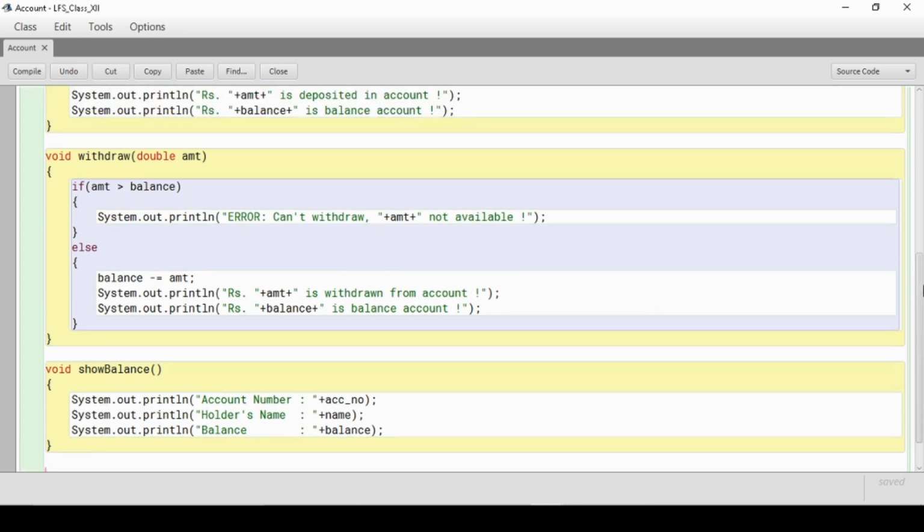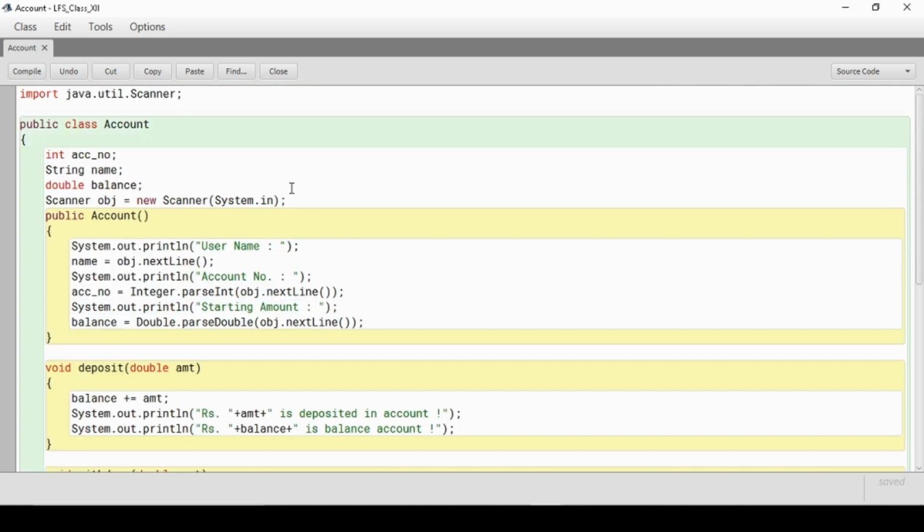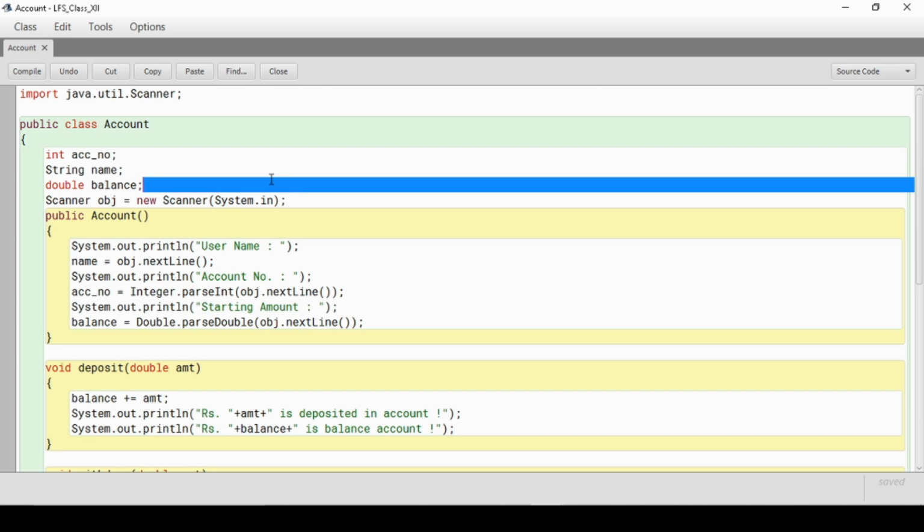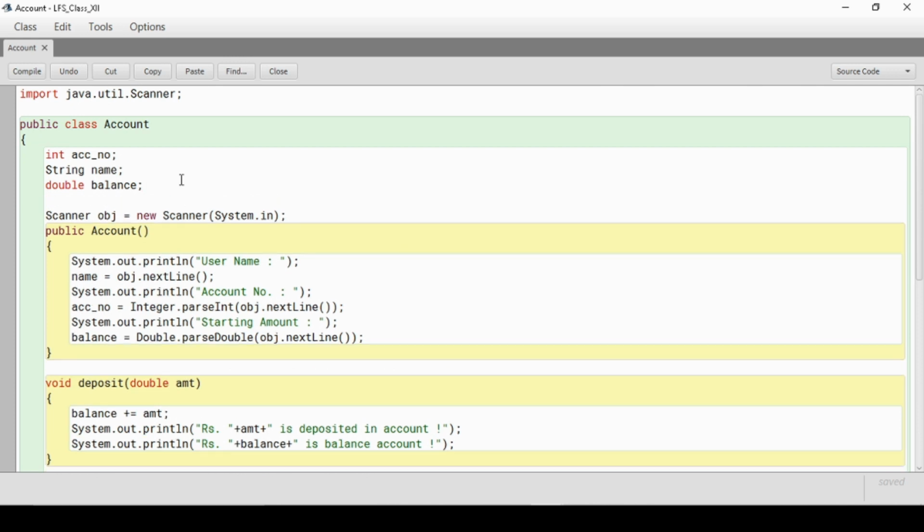But why would I want one more show balance? Let's see. Suppose there is an option in an ATM's mini statement through which you come to know about the last transactions that you have made. Suppose I want to save a few things like that. Of course, I would not be able to save the last 5 or 10 transactions because I am not doing file handling or database handling here, and neither am I using any array. But what I want to store is whether the user has done a deposit or a withdrawal.